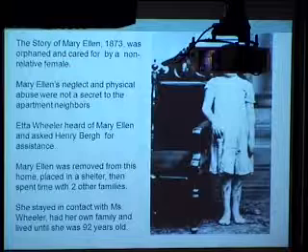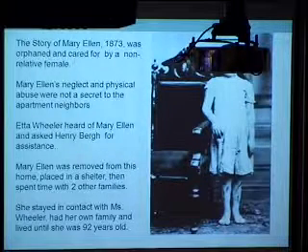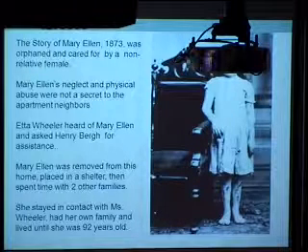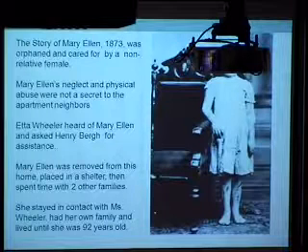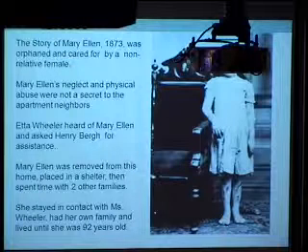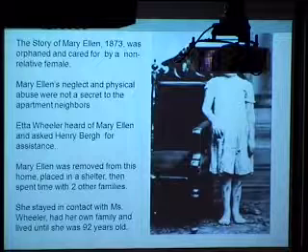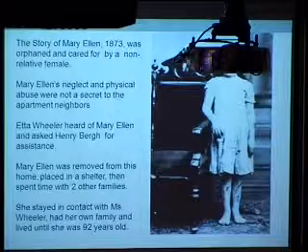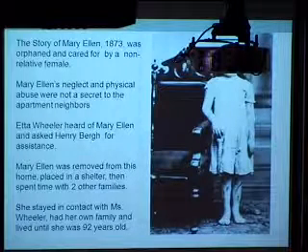So this is a story. This happened in 1873, so right before the Society for Prevention of Cruelty to Children happened in New York, about 2 years prior. So this is Mary Ellen. She was 10 years old in this photograph. She was orphaned when she was 2 years of age. She was taken in by a non-relative female. Mary Ellen's neglect and physical abuse were not secrets to the people that lived in the apartment. It was sort of obvious to them what was going on.